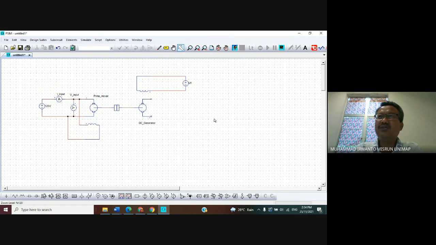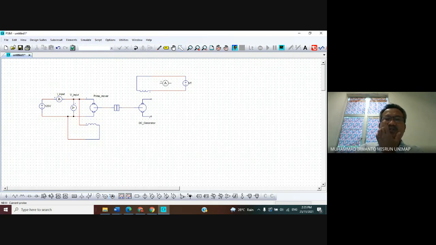Because in section B we also want to observe the field current, we need the current flowing through the field inductance. We need a current measurement by clicking this menu bar current flow here.